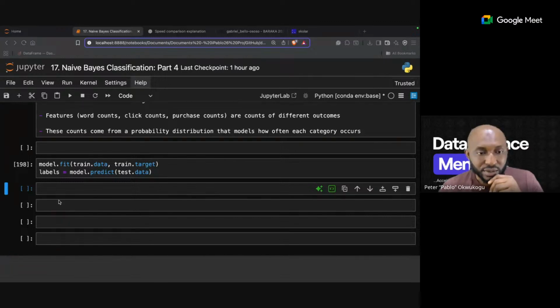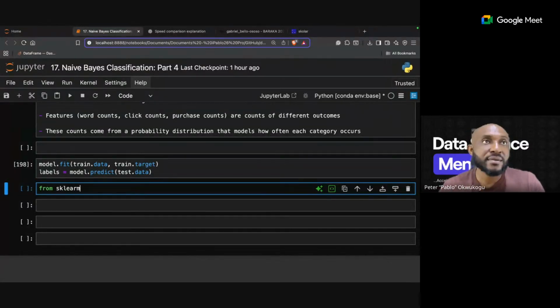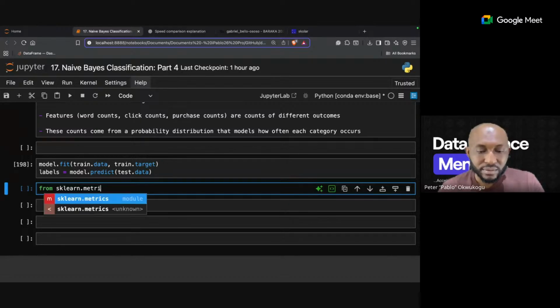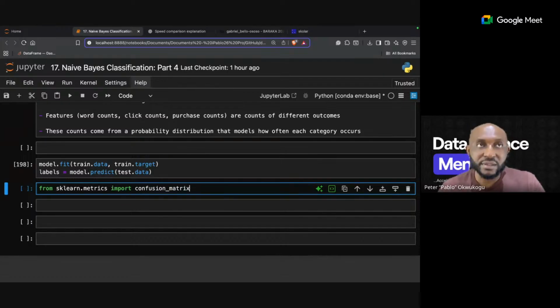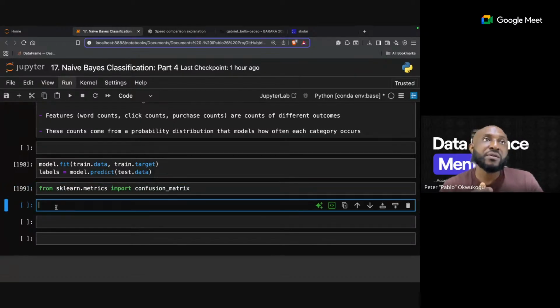I'm just going to extract that, say from sklearn.metrics, we're going to import the confusion matrix here. Now we're going to see what this is about. So what we can do is we're going to take the confusion matrix. Now the confusion matrix is